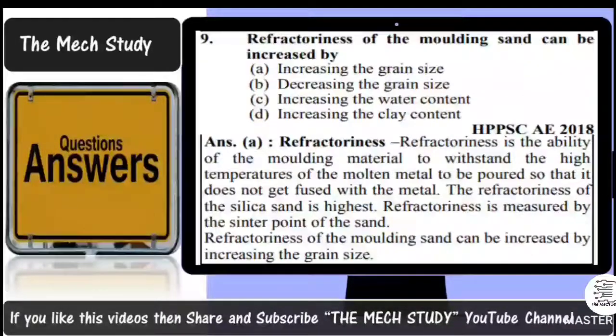Going with the next question: refractiveness of a molding sand can be increased by? The options are increasing the grain size, decreasing the grain size, increasing water content, and increasing the clay content. I have just explained the properties of refractiveness before, and here the right option is the grain size, because